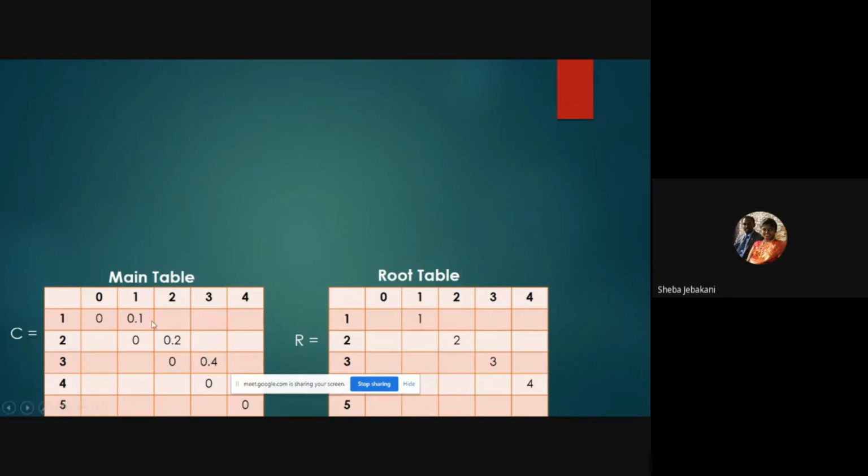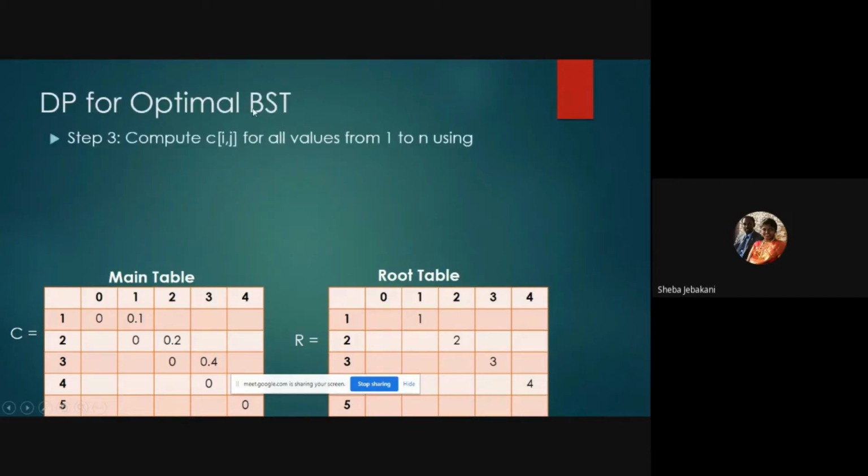So this was our initial table. Next, we are going to compute C of i j for all the remaining values, that is, the right side upper diagonal, from 1 to n, using the same formula which we came up with in the beginning.